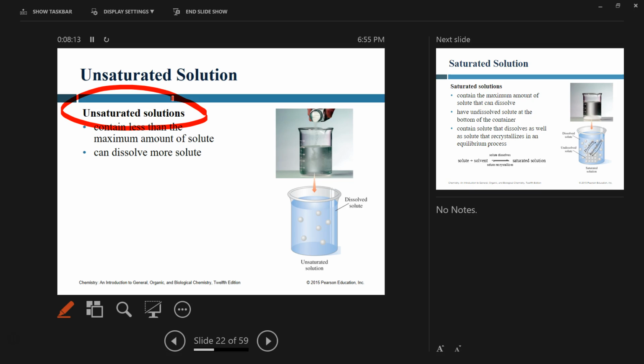Or you can take seawater. You swim in the ocean, you swim in the sea. There's no salt at the bottom because it's an unsaturated solution. You can dissolve more. It's fine. Okay. However, there is one, we call it a sea, quote-unquote sea, the Dead Sea in Israel, which is essentially a saturated solution of a bunch of different salts, mainly